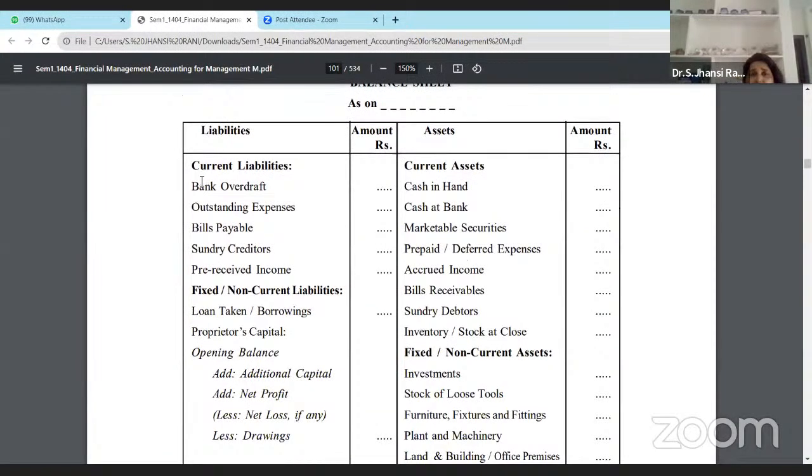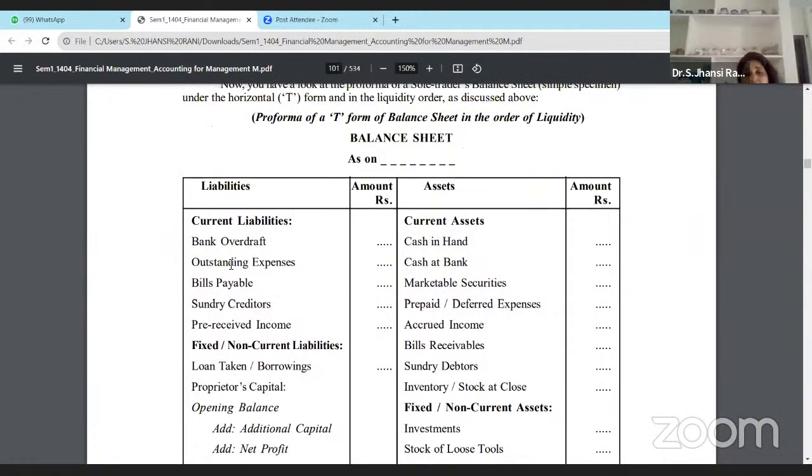So again, in liabilities, we have current liabilities and non-current liabilities. Let's understand what is current liability, then we will go to non-current liability. Current liabilities means whatever amount, and here all the time remember, our business is due to outsiders. For example, if you look at here, it is bank overdraft. Bank overdraft means any amount which is withdrawn from the account over and excess of